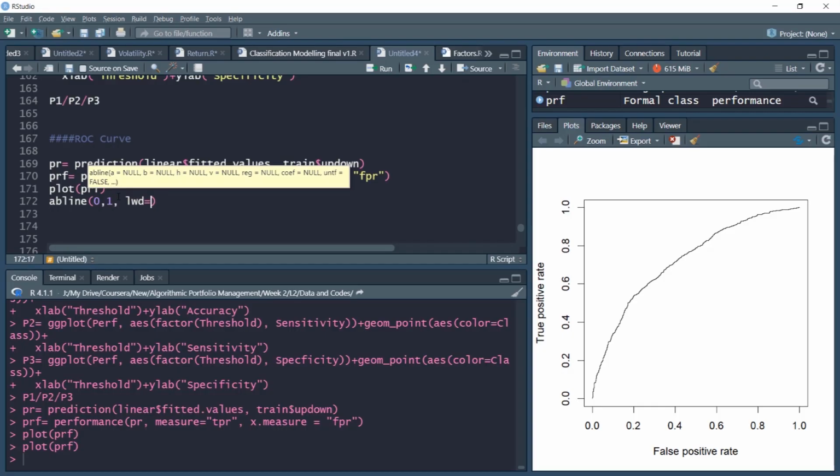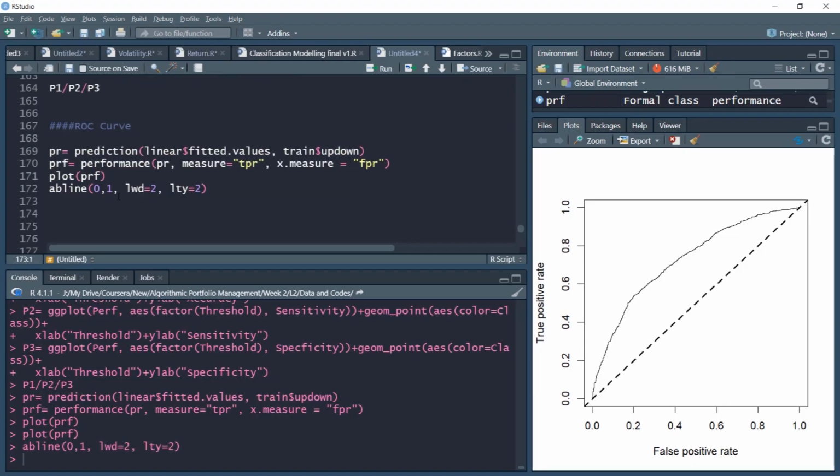And remember, this ROC curve essentially measures different coordinates of TPR, true positive rate, and false positive rate, at different threshold values. So it gives a complete view of the performance. So we have line type 2, and notice the line type. Now we can see that this model is somewhere between the 50% line and the complete 100% accuracy. But in order to know the exact accuracy number, we need to compute the area under the curve.